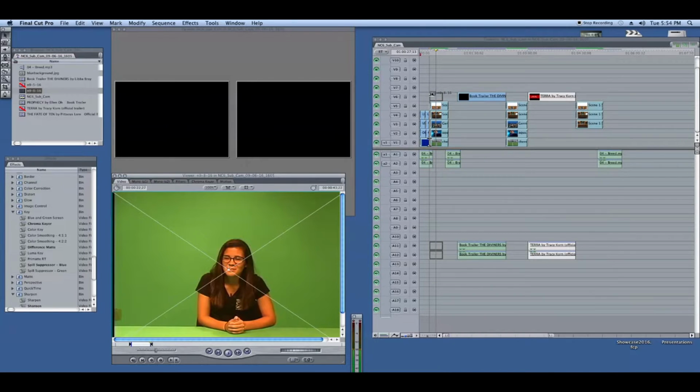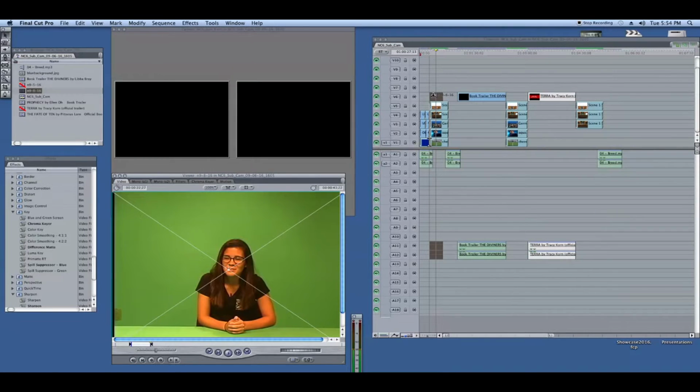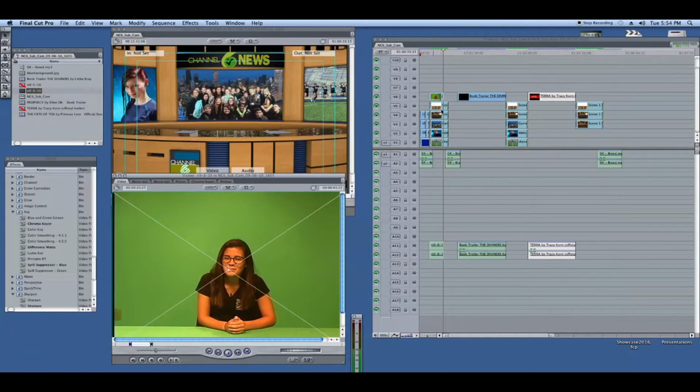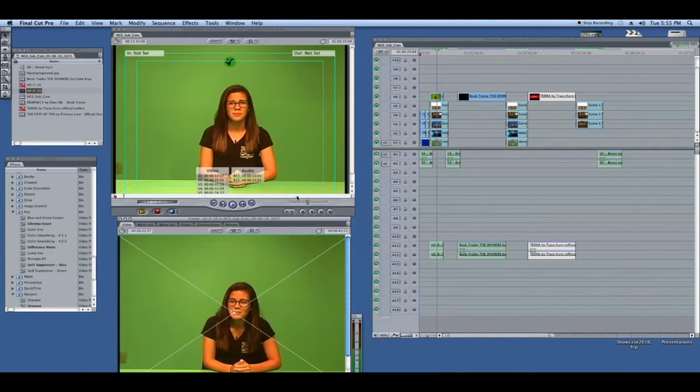Before you let go of it, you want to make sure the arrow is pointing down and not sideways, because if it's sideways, it does that. It splits. It puts this big split in here. Make sure the arrow is down, and then you let go. There's the clip, but it's still got a green background, green desk, because the green is blocking out all of